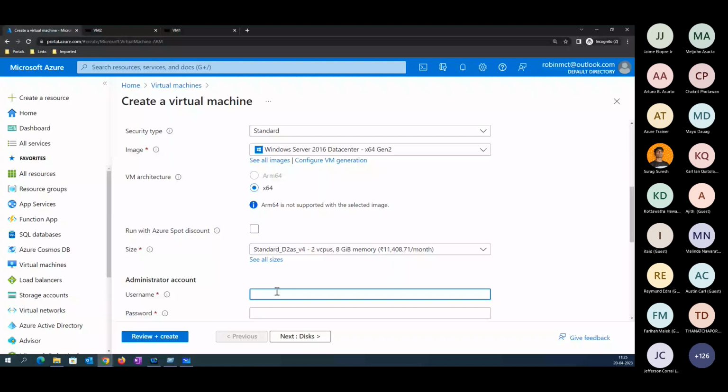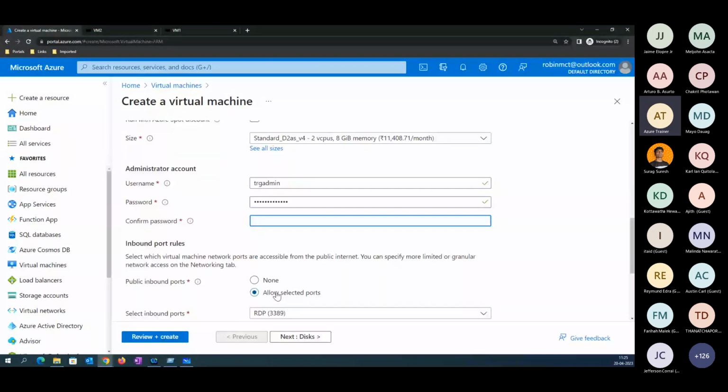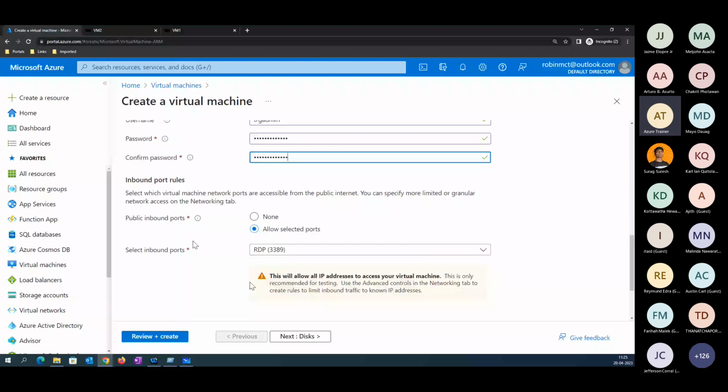Now, the moment you give this username and password, at the bottom you will see an option called select inbound ports here. The reason is, whenever you configure any VM here, you have an option to select which rule or which port is to be allowed.